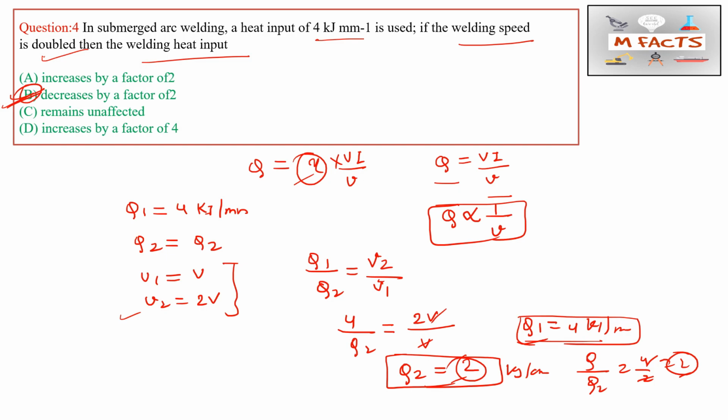So this is the simplest form of this question. And in the previous question I have already told you one type of question they may ask from this type of problem also. We should be careful with the answers, whether we have to choose decrease or increase, because here it is decreasing by 2. That's why the answer is decrease by factor 2. This is all about common sense during the examination. Practice these questions as much as you can, so that you can avoid silly mistakes in exams.